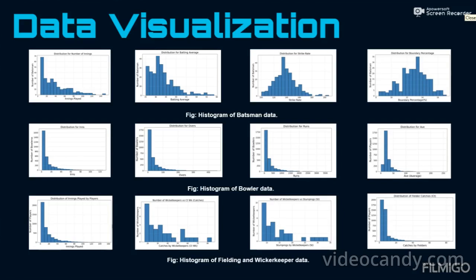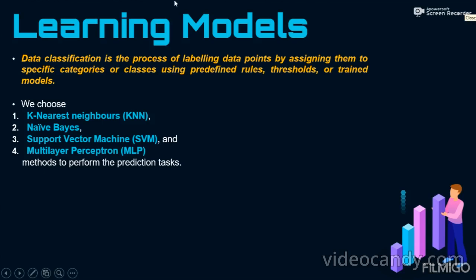Okay, so after this data visualization, we have with us the learning models. Data classification is a process of labeling data points, as I have previously mentioned, by assigning them to specific categories or classes using predefined rules, thresholds or trained models. We have actually chosen k-nearest neighbors, that is the KNN model, naive-Bayes model, support vector machines and multi-layer perceptron method to perform prediction